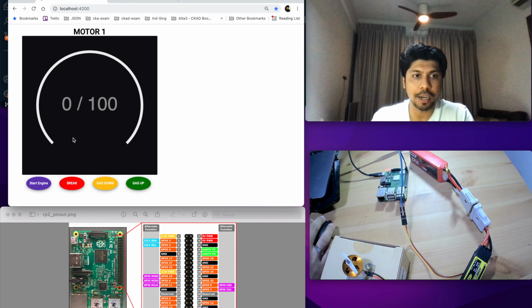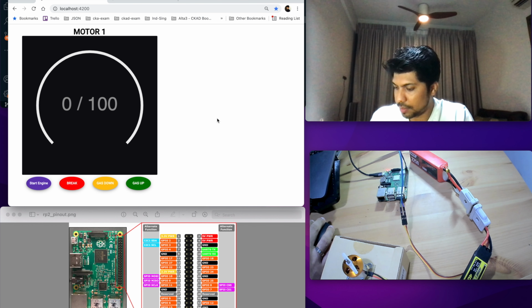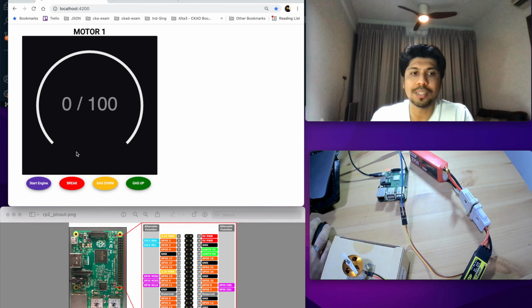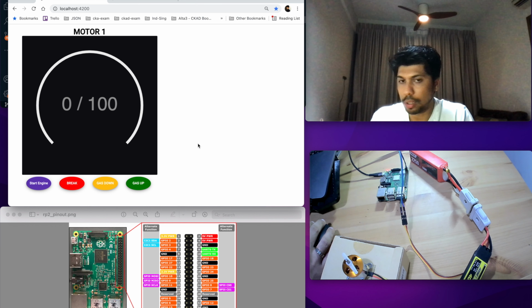So for that we need to start the engine. Start the engine internally does the calibration of this engine. You see, once I have started and calibrated, it has given a sound that I am connected now to give any of the inputs to this RC motor.